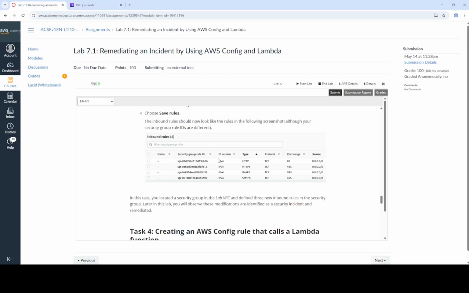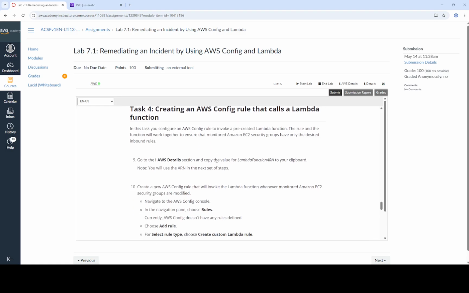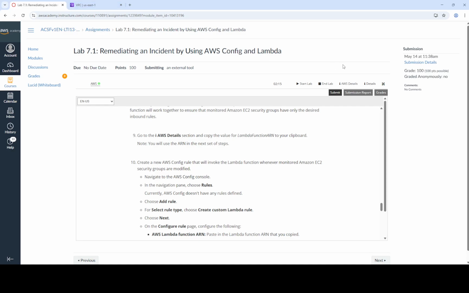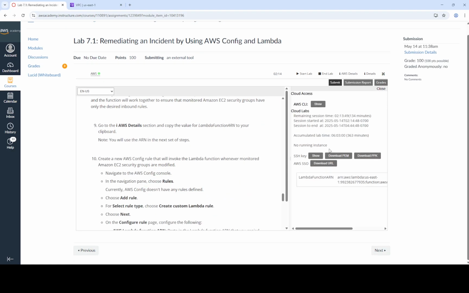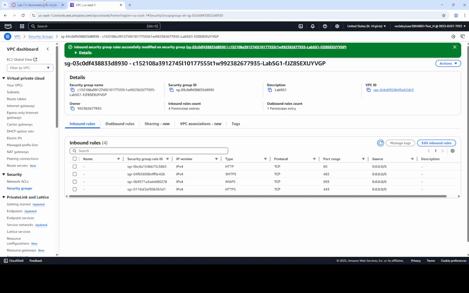And then we have to see another one. We have to create an AWS Config rule that calls a Lambda function. So for that we have to go to the AWS details section and copy the Lambda function ARN, so that we have to create the Lambda function, right? Lambda configuration rule. So for that we have to go here and then AWS details. Here we can see there is the Lambda function ARN, so we have to copy this one,